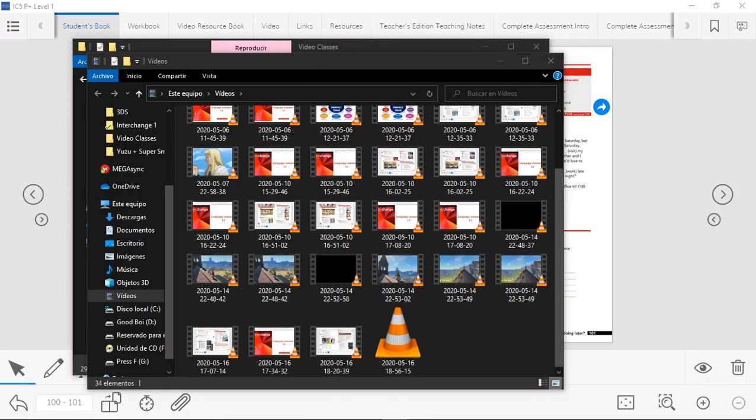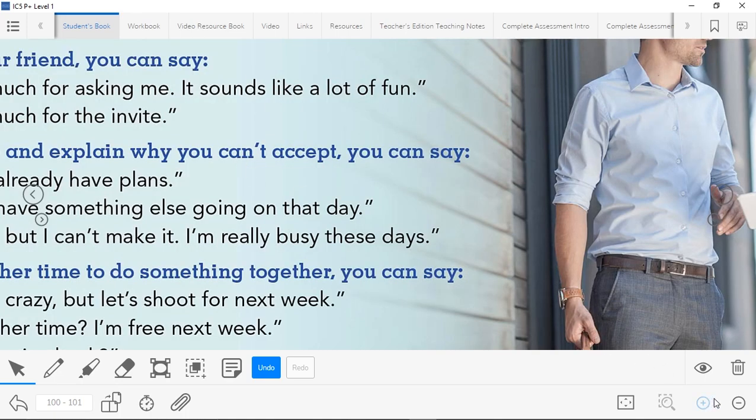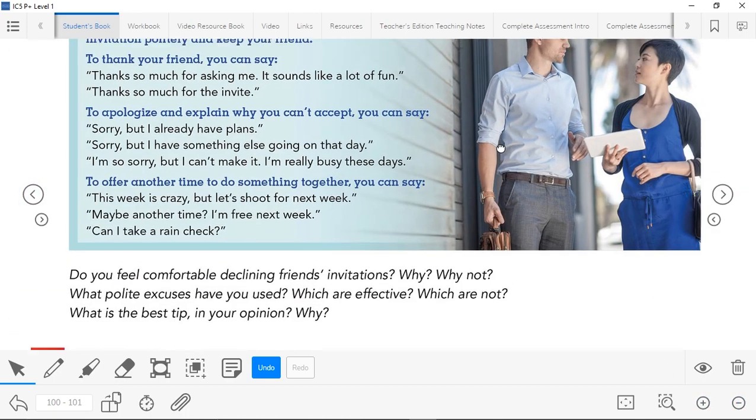So let's jump right into the grammar for today. The unit for today, unit 15, is called What Are You Doing Later? And in this unit, we're going to be discussing future activities and plans. To start, we're going to be seeing a snapshot that is quite interesting, and you may need to use it